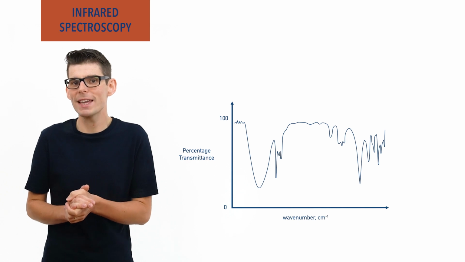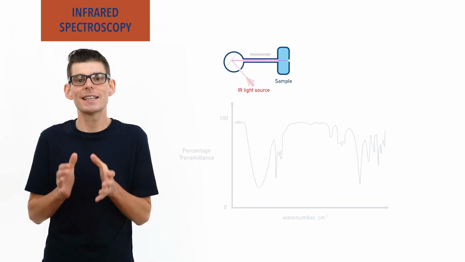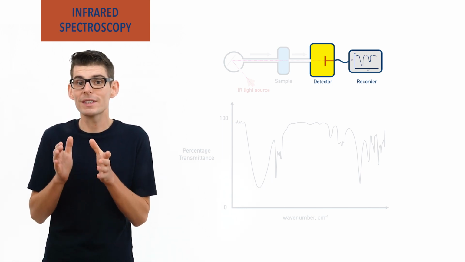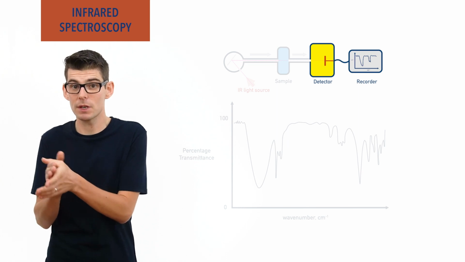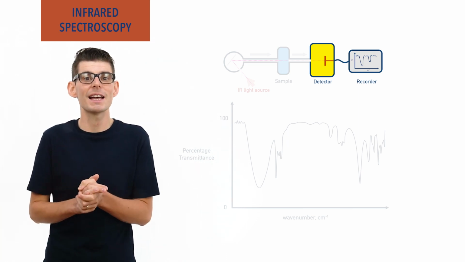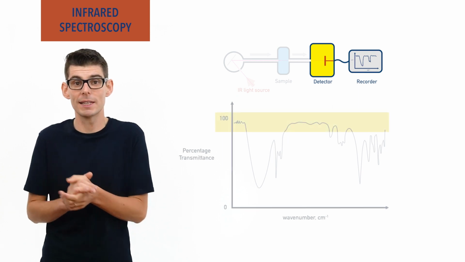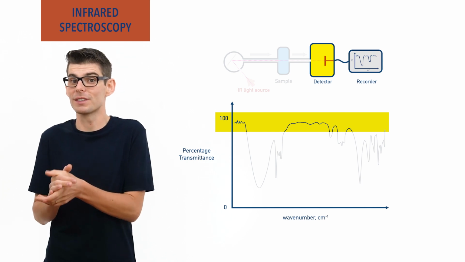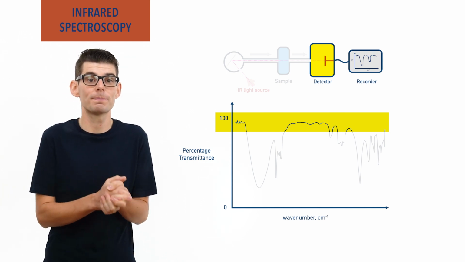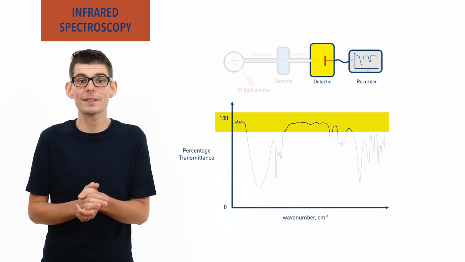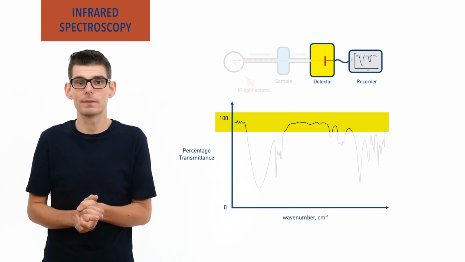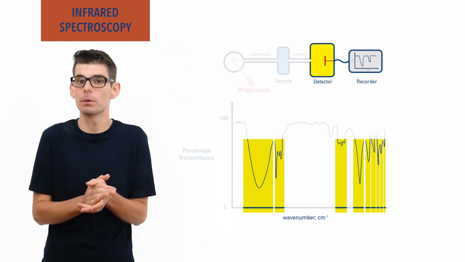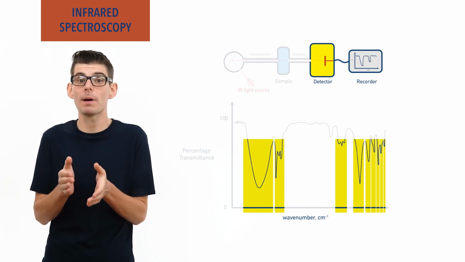When a sample has a range of IR wavelengths shone at it, a detector records the wavelengths of IR that pass through the sample. The waves detected are not absorbed by the sample. They were fully transmitted and have a transmittance of around 100%. The wave numbers of the waves shone at the sample and their corresponding transmittance are plotted on graphs called spectras, with transmittance on the y-axis and wave number on the x-axis. Any wave numbers that have a low transmittance haven't passed through the sample easily and must have been absorbed by bonds within it.